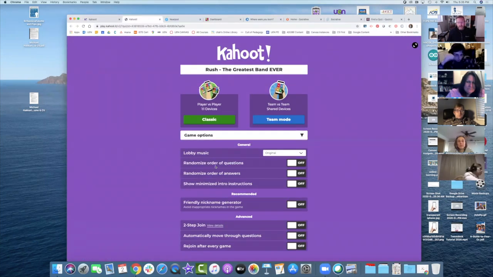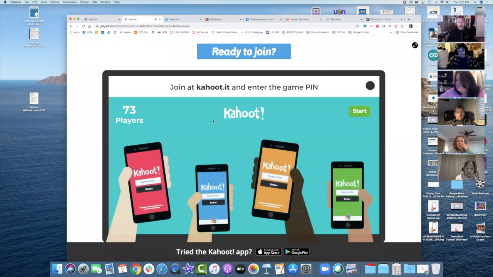And it says my Kahoot is loading. And then I can choose between either classic or team mode. Classic is just every player has their own device. So if you don't want to open a new browser, if you just want to grab your phone or your iPad or something like that, this works on all of those things. So in the Chromebook classroom, for example, this is a tool that's very popular. So I click classic, and it says that